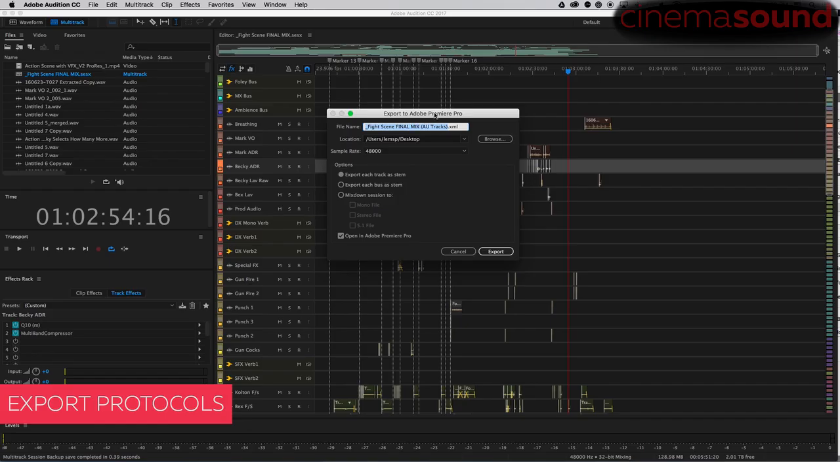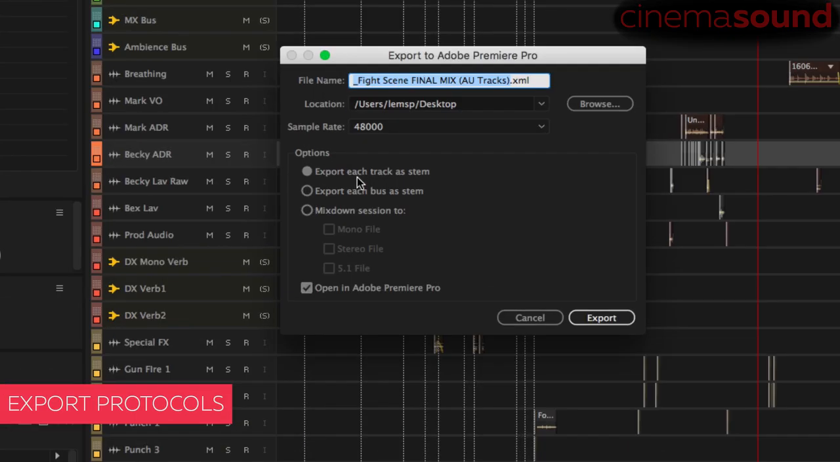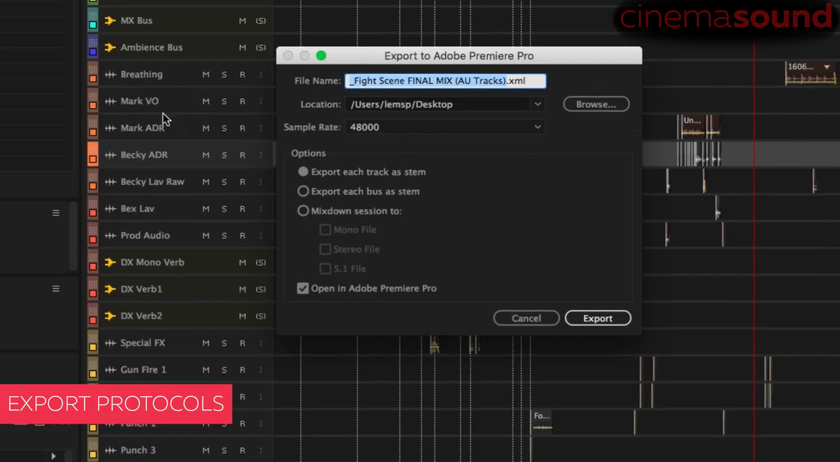In the Adobe Premiere Pro window, you have some things that you don't have as easily access to otherwise. Look at this. I can take each track and make it its own stem. I can take the breathing track, mark VO, mark ADR. I can basically make all these tracks long, giant audio files, which is sometimes useful if you want to make a backup or an archive, or you want to have that kind of control,